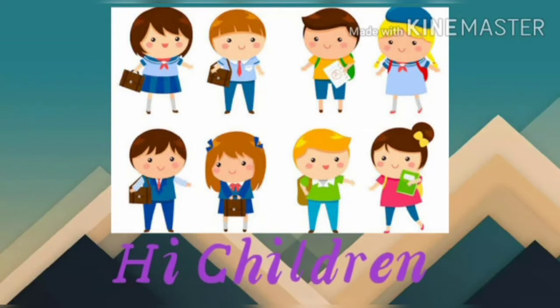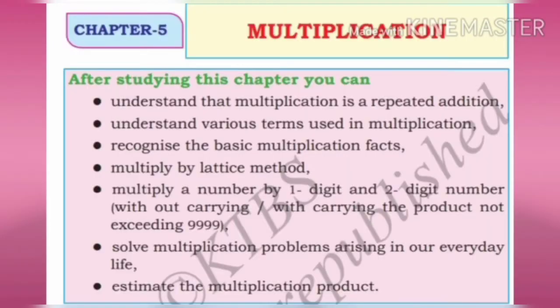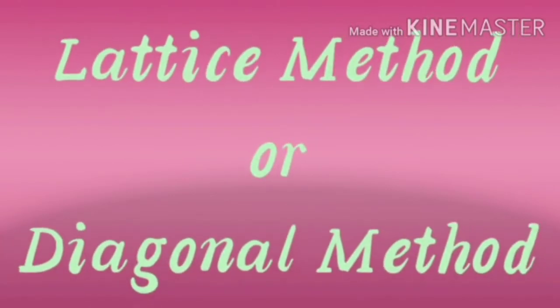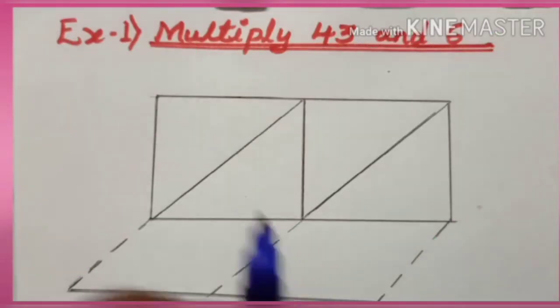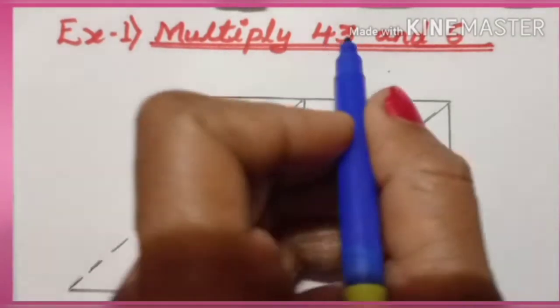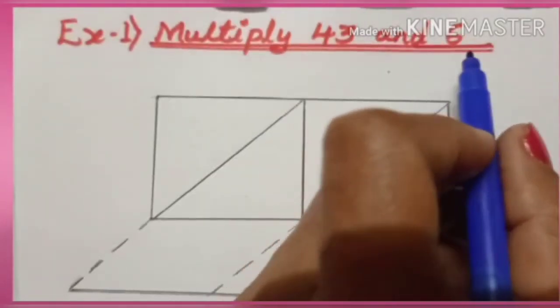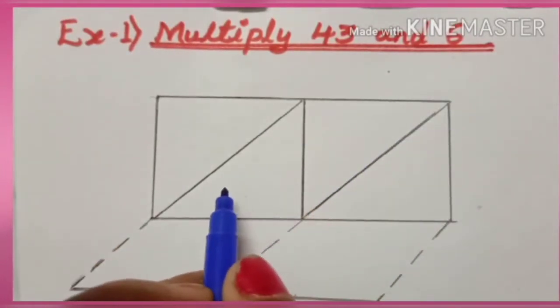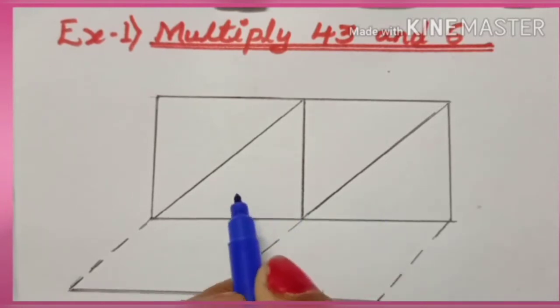Hi children, in the previous class you have already learnt about multiplication of a 3-digit number by a 2-digit number. Now we will learn about the lattice method of multiplication, or diagonal method. Let us observe the example. Multiply 43 and 6. First of all, draw two boxes